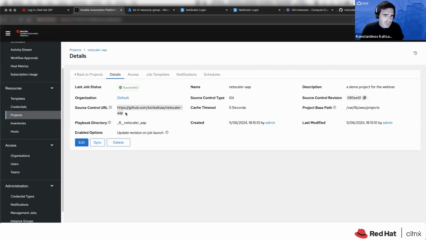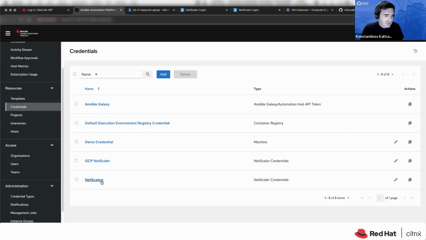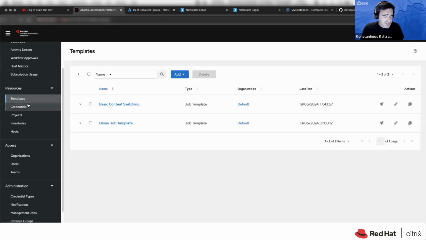So you will see that I'm using the repo that I have previously showed, and this is the GitHub repository. Additionally, I have created a couple of credentials so that I can log into my NetScalers and execute all of the API calls.